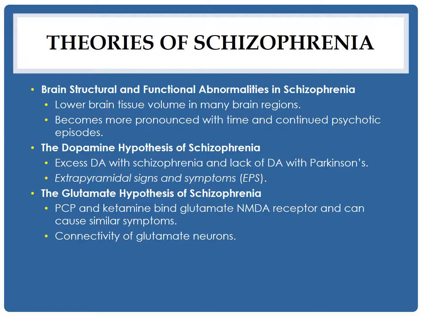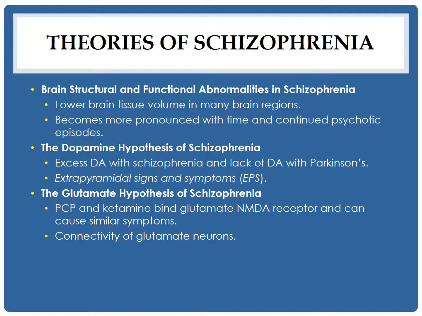Next is the dopamine hypothesis of schizophrenia. The idea here is that people with schizophrenia produce too much dopamine at synapses, and in contrast, people with dopamine deficiencies exhibit Parkinson's symptoms. You can treat psychotic disorders with medications that block dopamine transmission, and if dopamine is blocked too much, it can cause people to exhibit extrapyramidal signs and symptoms, Parkinson's-like symptoms. One example of this is called tardive dyskinesia. This is mentioned in the video on the learning module if you want to take a look at that.